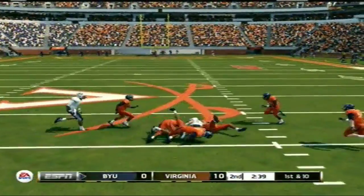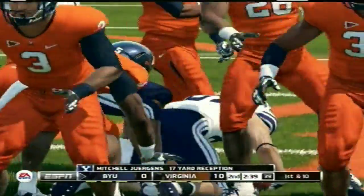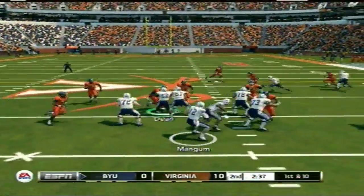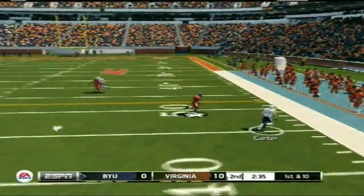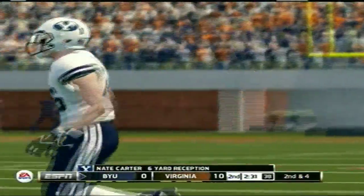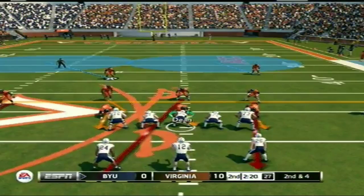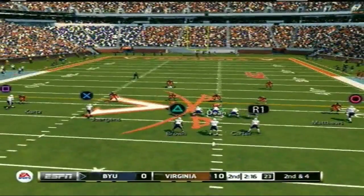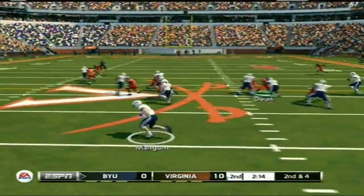As BYU looks up the middle and finds Mitch Juergens for about a 17-yard reception, trying to get something going before halftime, and finds Nate Carter on the outside, and another completion for about 6 yards on the play with about 2 minutes 30 seconds to go in the second quarter. So, like I said, BYU really running the hurry up all game and